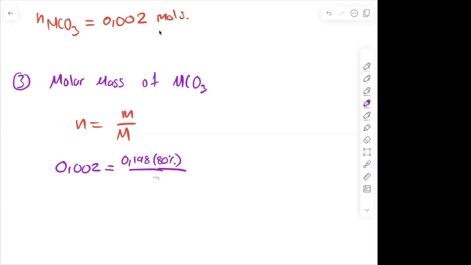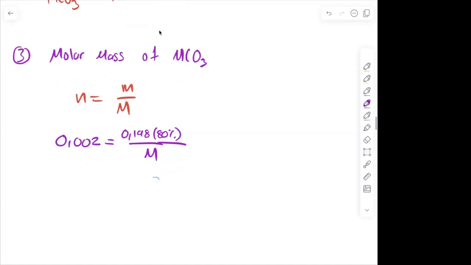And then we can solve for our relative molecular mass. So to find the relative molecular mass, we're going to then say 0.198 times 80% divided by